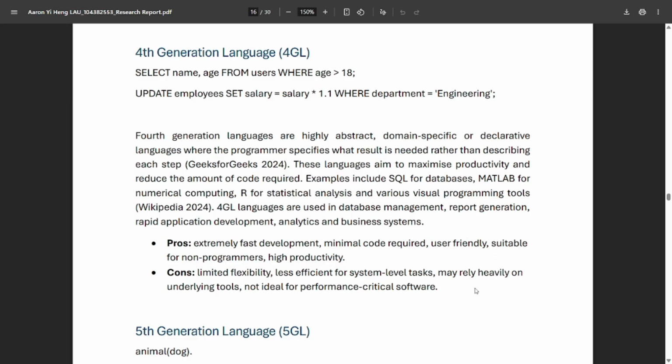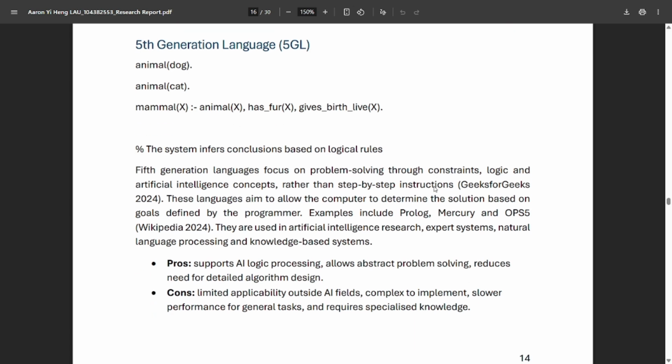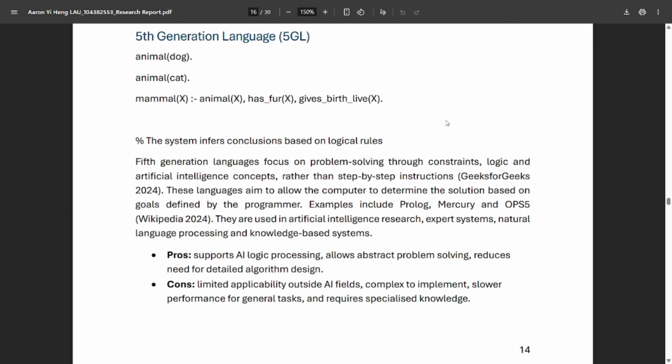critical software. The fifth generation represents a shift toward languages that deal with logic, constraints, intelligence, and problem solving, instead of telling the computer how to solve the problem. The programmer defines the rules and the system figures out the solution. These languages are commonly used in artificial intelligence research, expert systems, and natural language processing. A well-known example would be Prolog. They are powerful for reasoning-based tasks, but they are not commonly used for everyday software development and can be complex